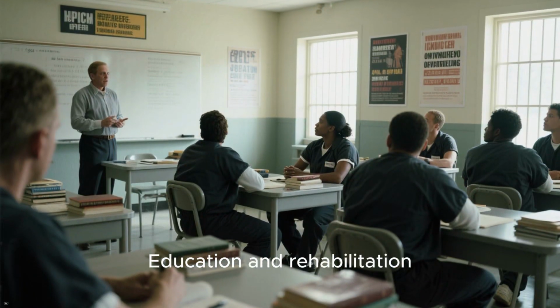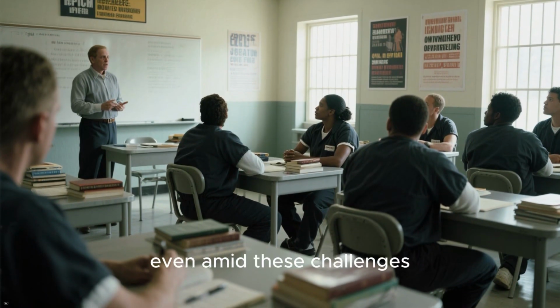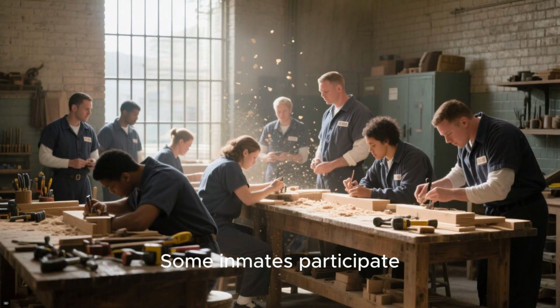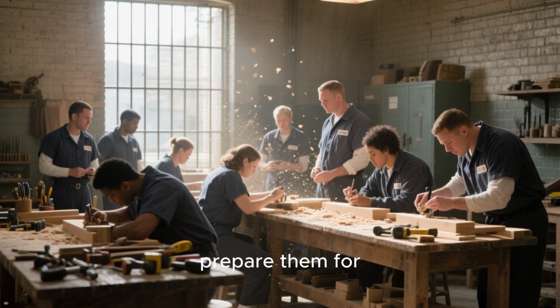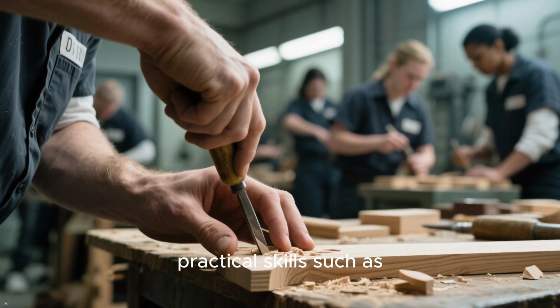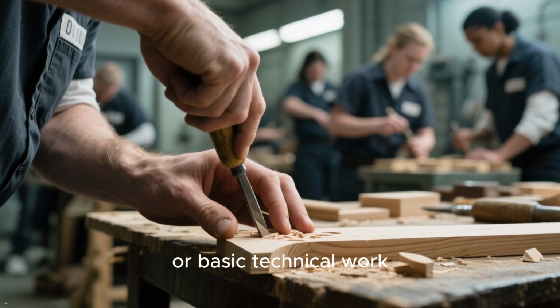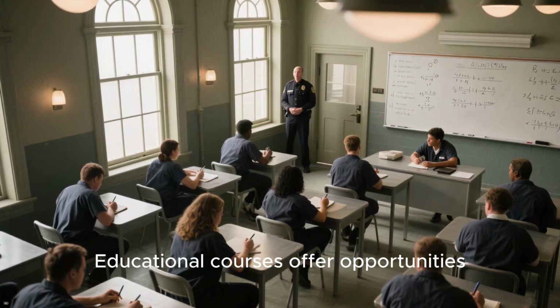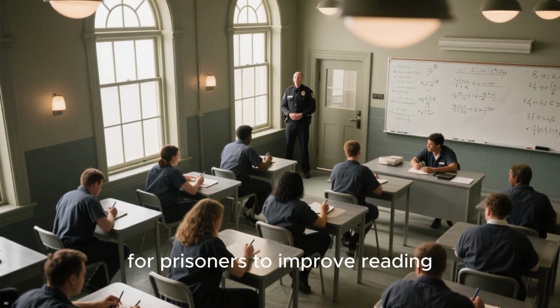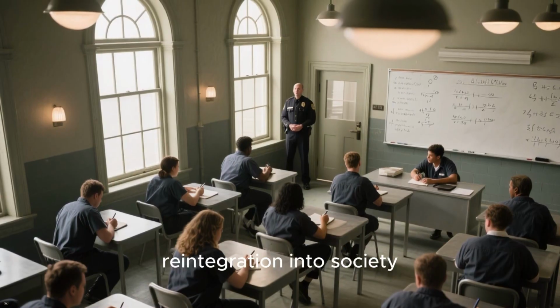Education and rehabilitation programs remain an important part of the prison's mission. Even amid these challenges, some inmates participate in vocational training designed to prepare them for employment after release. Workshops may teach practical skills such as carpentry, cleaning services, or basic technical work. Educational courses offer opportunities for prisoners to improve reading, writing, or mathematics skills, which can be essential for reintegration into